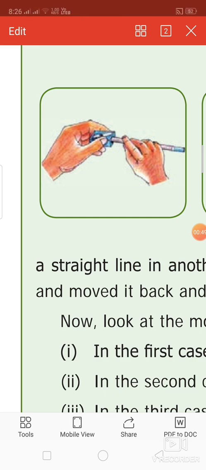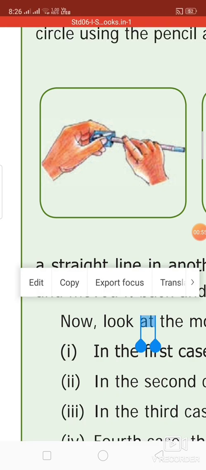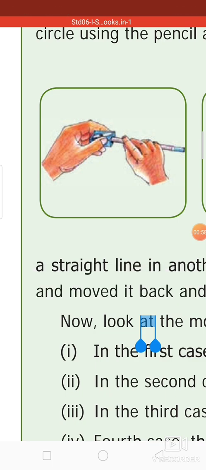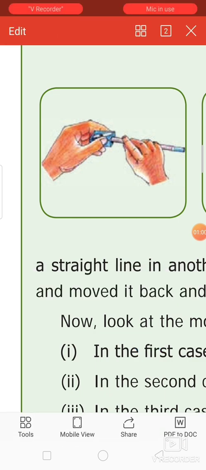One is an animated factor, another one is an inanimate factor. There are two types of forces also. One is contact force, another one is non-contact force. Examples of non-contact force are magnetic force and gravitational force. So now we are going to see the remaining portion in this lesson.